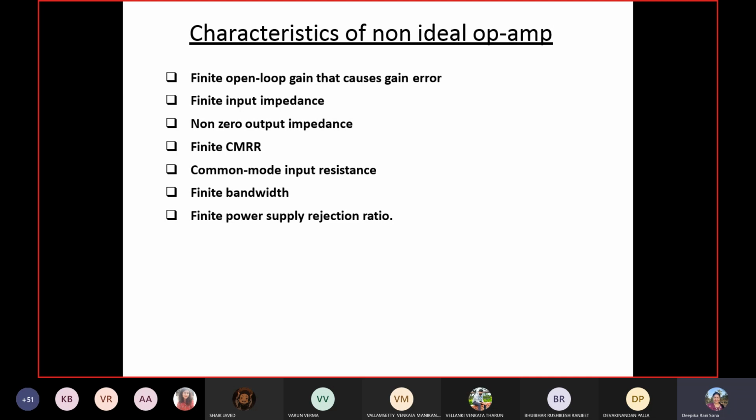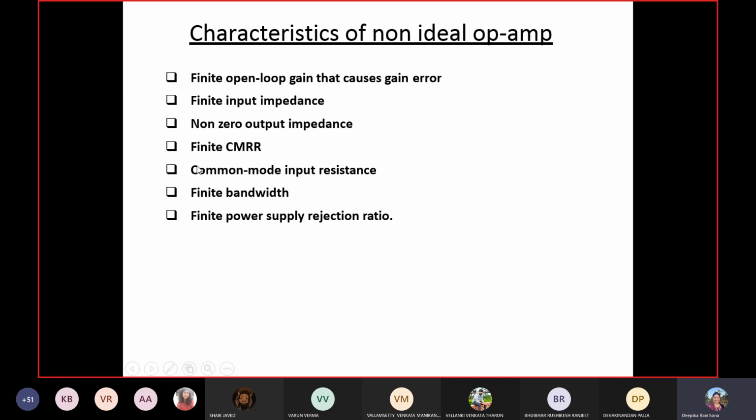That's what we have to do. We have to design a circuit which will control the gain, so it will be useful for amplification purposes. Controlling the gain is the main target of the non-ideal op-amp or closed loop op-amp, which gives a controlled gain so that we can control the output, and other parameters will also be in control.